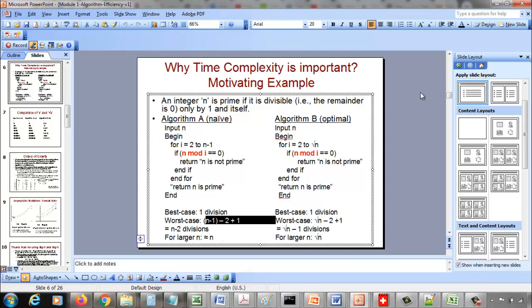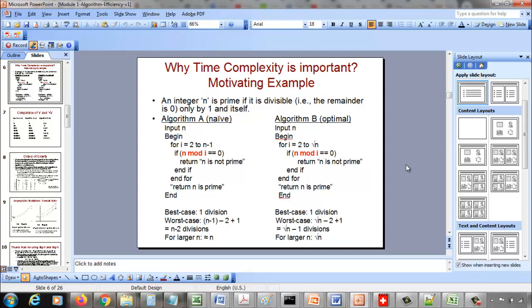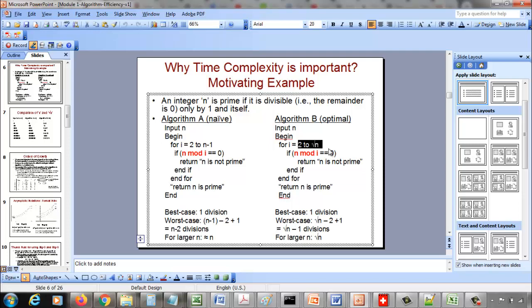Now the answer is yes in this case, because there is a math property that if you really want to check whether n is prime or not, all you have to do is try from integers 2 to square root of n. If no integer in this range will divide n, then n is indeed prime. So you try from i equals 2 to square root of n, and check n mod i is not 0. You keep on looping from 2 to square root of n, and if for no value of i n mod i is 0, then after you try all these you come out of the loop